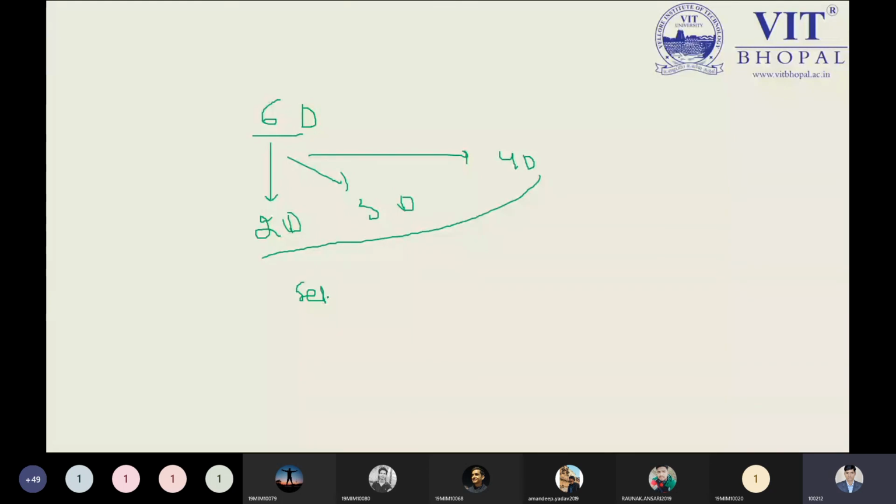But how can we do this? This can be done by selecting the top k eigenvectors. If you choose the top two eigenvectors, then we will be getting 2D. I recommend to all the people, please just focus on the 2D, and this is best for your simplification purpose. If I choose the top four eigenvectors, my information will be transformed from 6 dimensions to 4 dimensions. That is simple.